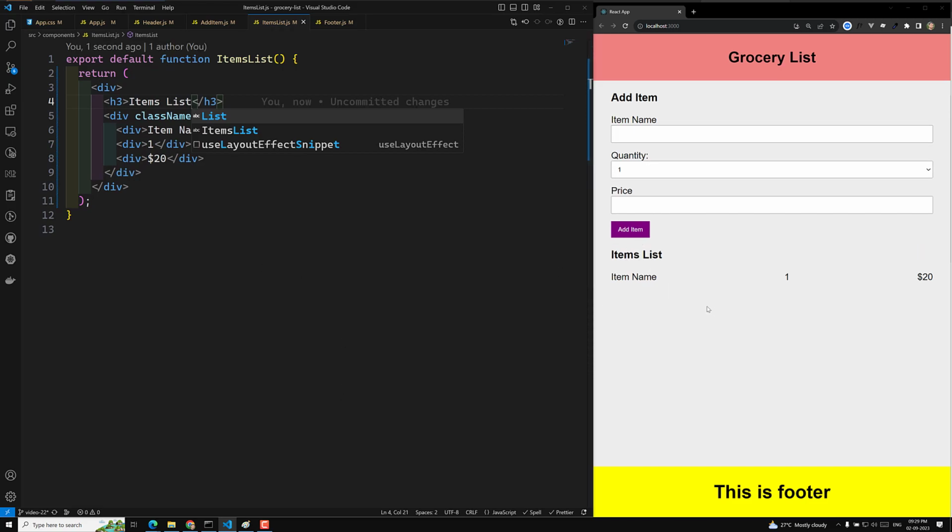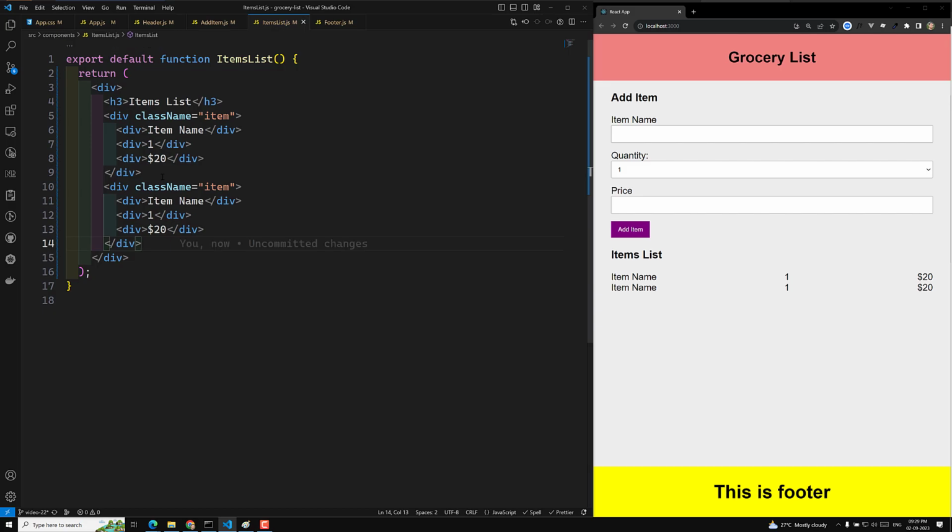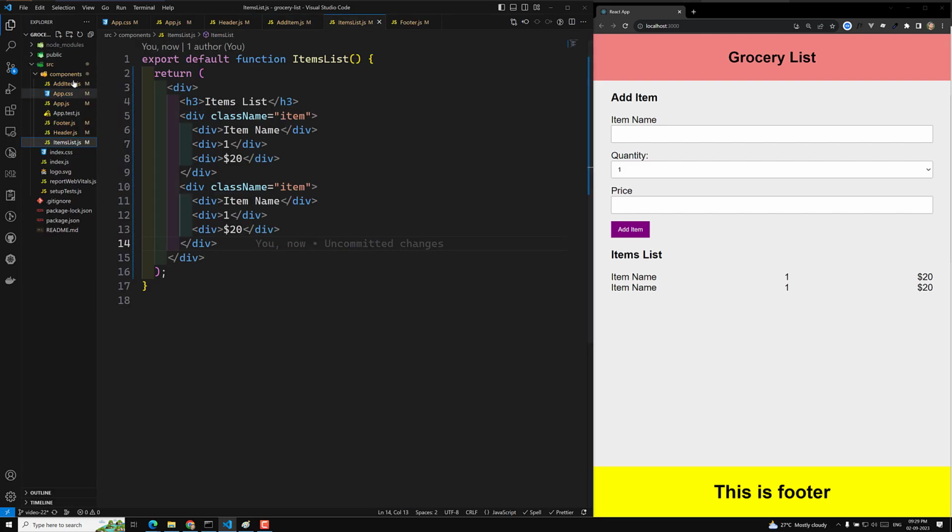Now the last one, what I want to do is, here if I add another item, we are able to see another item. So like this we are able to see all the items, right? But I don't want this one, so I want to make it a separate component. For this one I will create a separate component, single